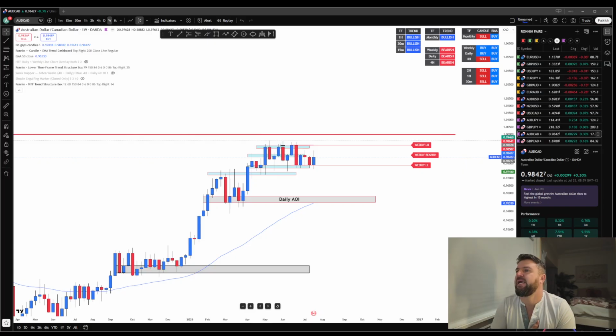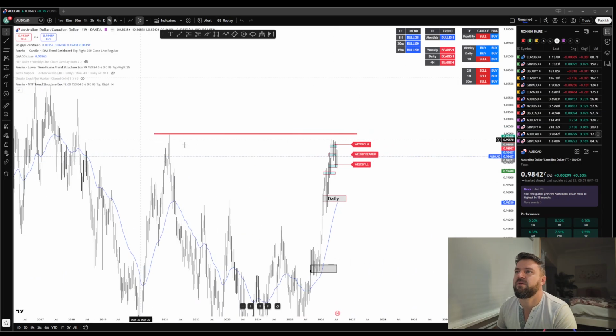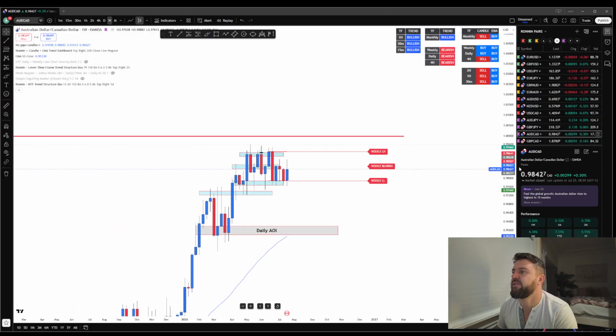Now, AUD CAD. See this red line? I put this red line here ages ago, and I'll show you why. Because that's how high the market has been, and we're kind of getting close to that point. And it's possible that we're not going to go above it. So my thinking is